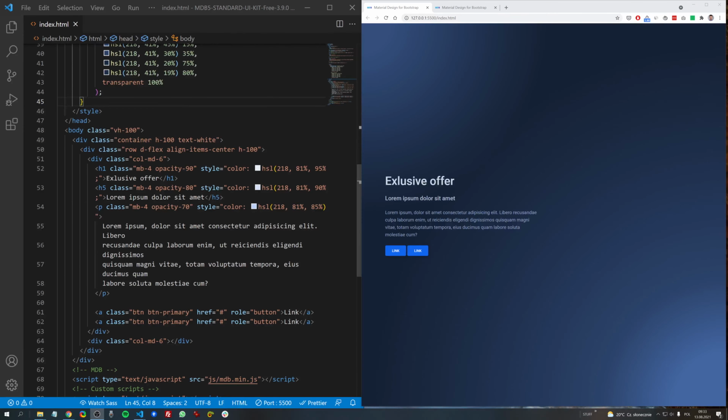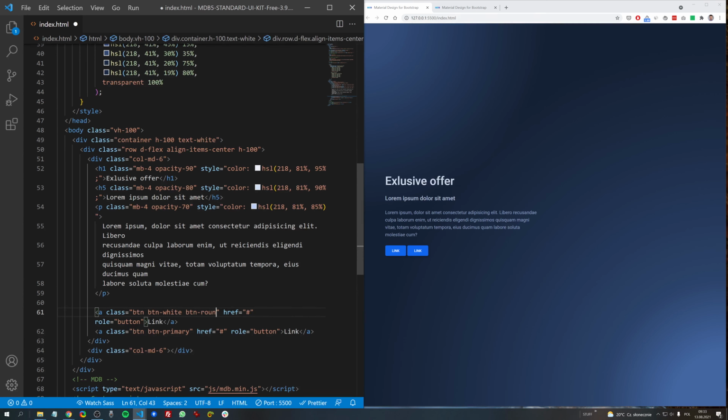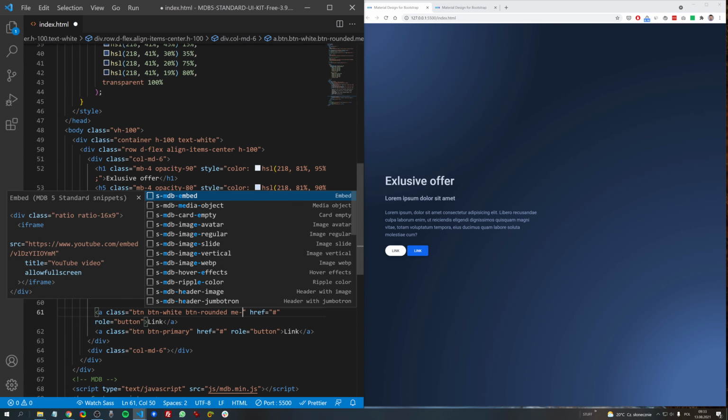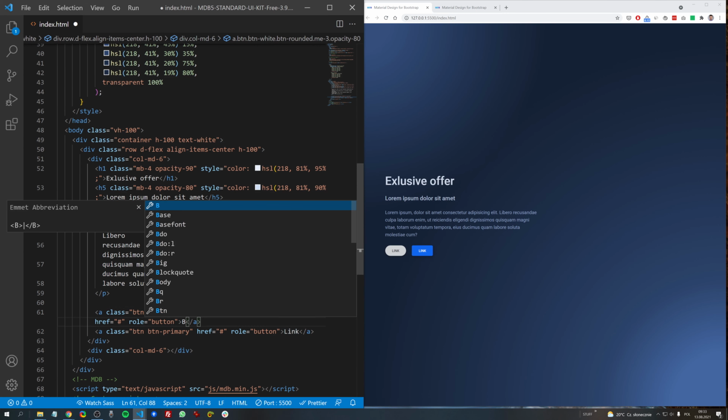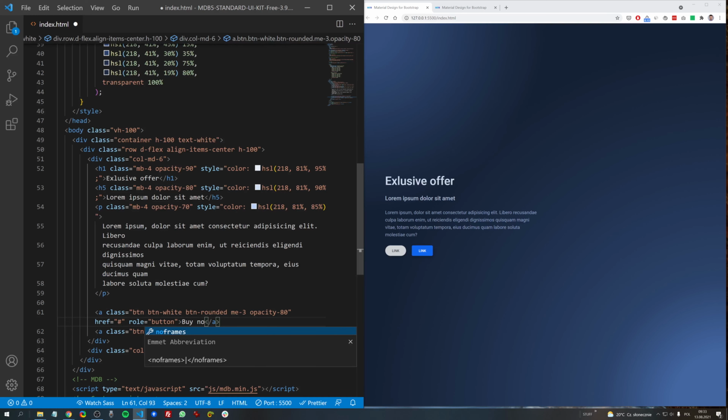Then let's take care of buttons. Instead of button primary, I want to use button white and also button rounded to have nice rounded corners. Let's also set a margin to the right of 3. And it could be a good idea to also use opacity to achieve the effect of lightness here. Let's change the text to "buy now",